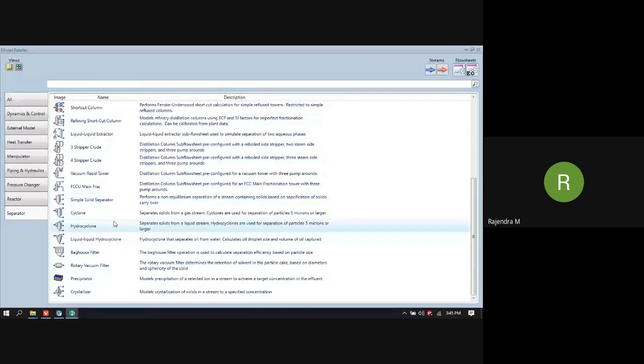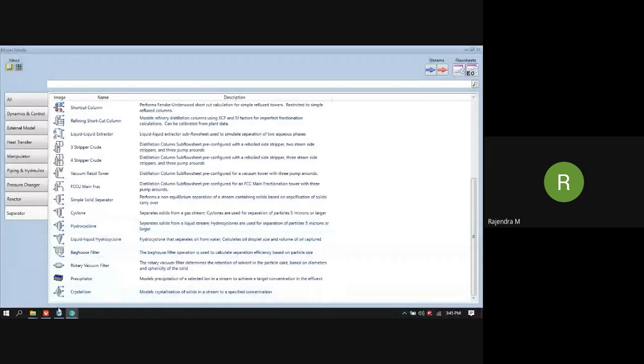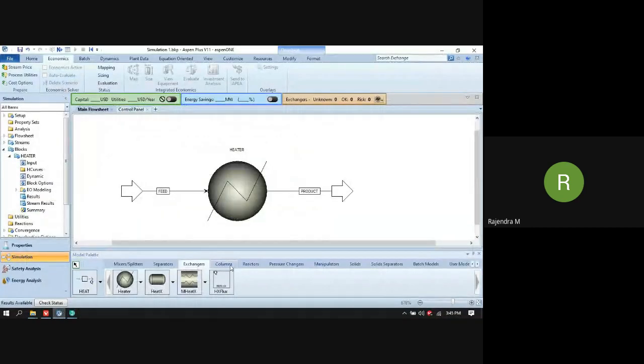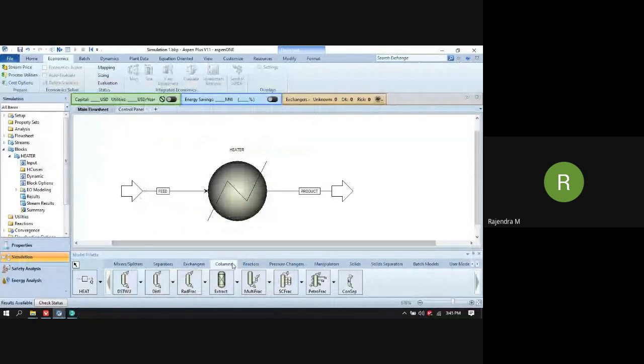Now this is regarding the separators which are available in the HYSYS software. Now let us move to the columns in the ASPEN Plus software. In ASPEN Plus, we have different tabs, different columns. You can see it's not a separator, these are just columns. In ASPEN HYSYS, they gave the name separator. It may contain a liquid separator, a solid separator, or different types of operation like a crystallizer also. But here only the columns are included. The separator section is different.